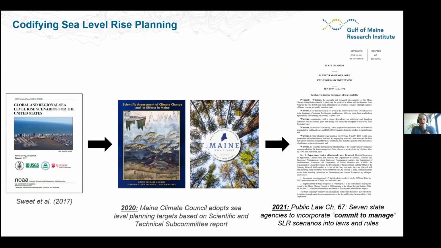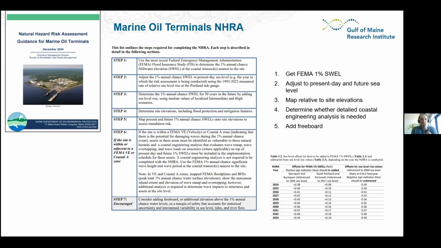And to talk a bit about how the specifics of this have played out, in 2021, Maine passed Public Law Chapter 67 that requires 7 state agencies to incorporate commit to manage sea level rise scenarios into state laws and rules. And just to give 2 examples of what this has looked like, the first time we really had to grapple with the detailed implications of having a rule like that was this collaborative project I did with